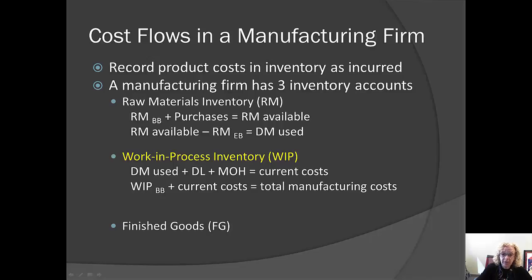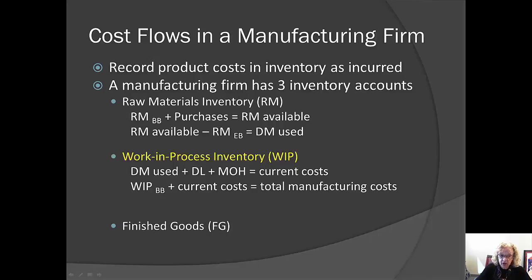For example, if we manufactured ice cream, there's no chance that we would start a batch of ice cream one day and not finish it until the next period. However, what if we manufacture toaster ovens? In that case, it is perfectly possible that we would have some partially manufactured toaster ovens at the end of one month and then come back at the start of the next month and finish those